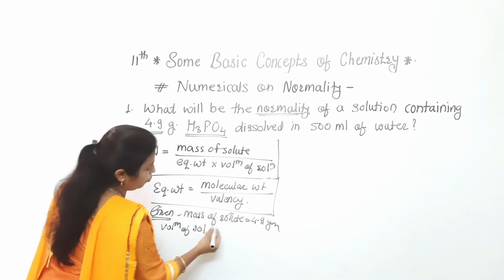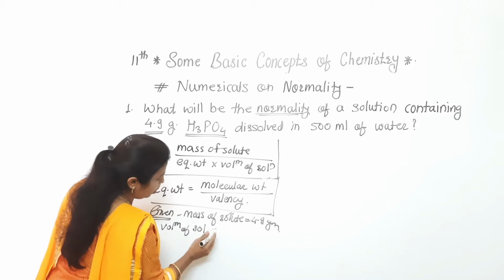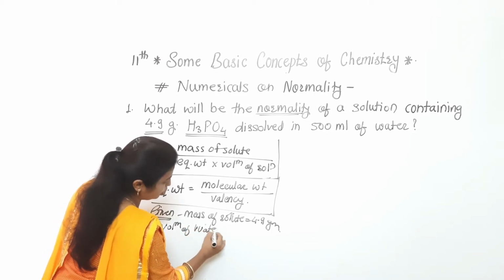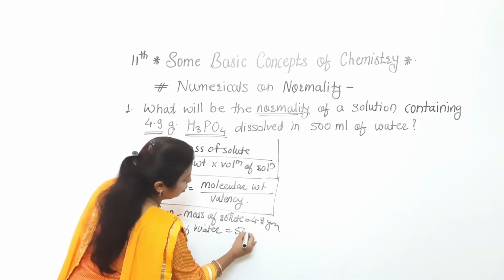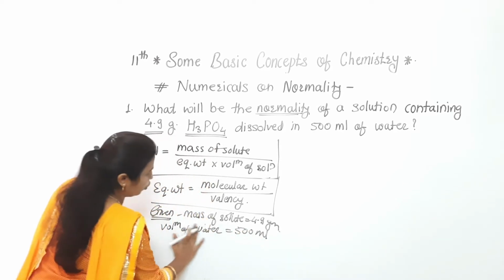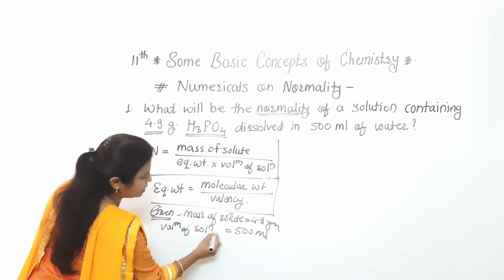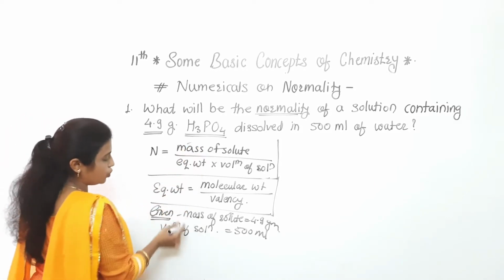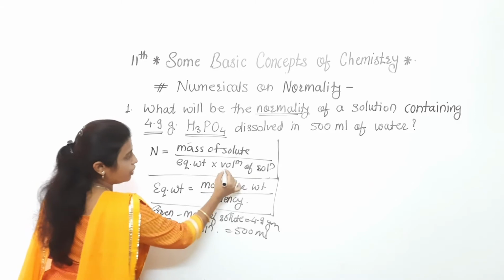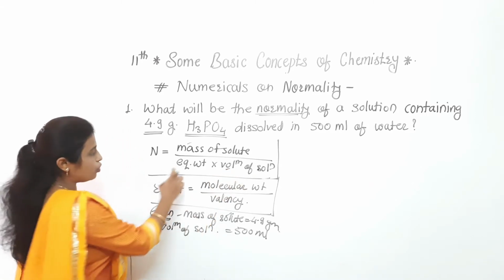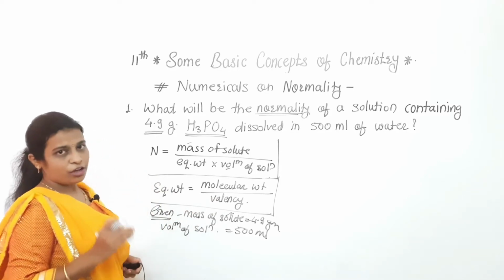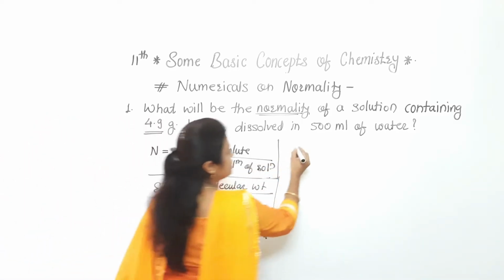That volume of water, means solution, we can say that is the 500 ml. Volume of solution is 500 ml. Now what is required? See, mass of solute is with us, equivalent weight we have to find out, volume is there. So equivalent weight is equal to molecular weight divided by valency. So firstly we'll discuss that